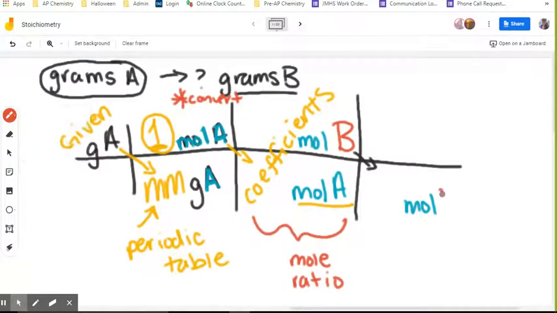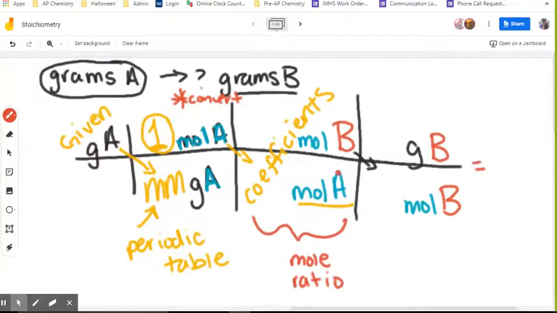Actually, yeah, there we go. So moles of B down here. Okay, so we're in that last step. So we already crossed the bridge. We have to come back to Gramland. So now we're going to finish with the grams of B. Okay, so grams of B. All right, so